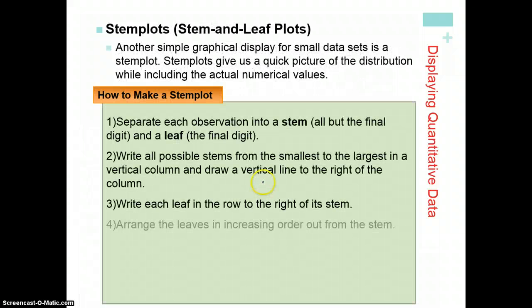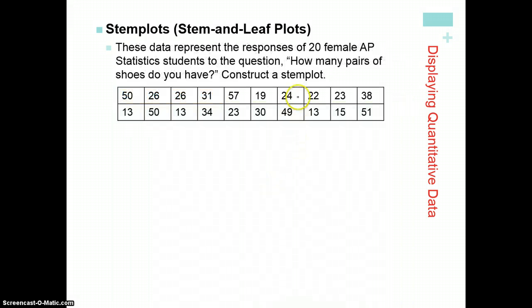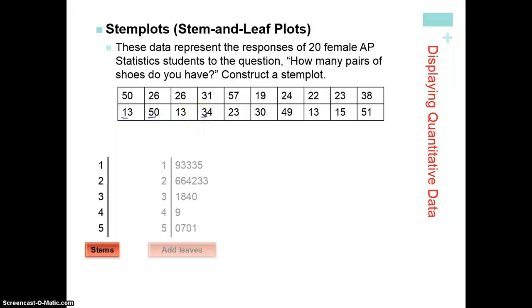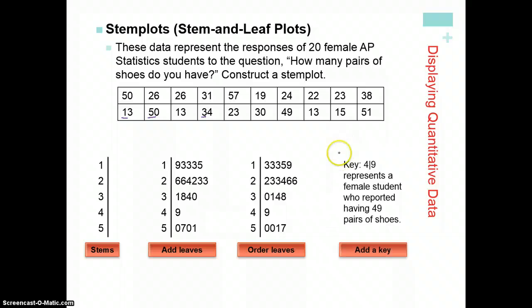Stem and leaf. So here, you can pause this if you want to take notes on that. It's how to construct a stem and leaf plot. Should be a review. We have this data set of 20 female AP Stat students and how many pairs of shoes they have. So we choose our stems. Remember, those are the first digits, like 1 and 5, 3, and then the leaves are going to be the second digit. We order them numerically, as we have done here,